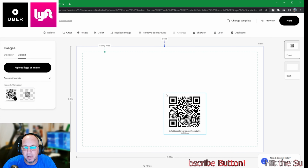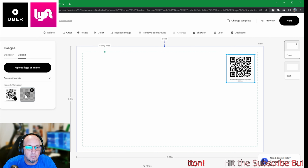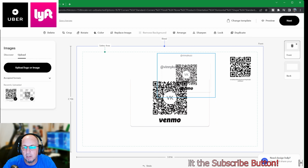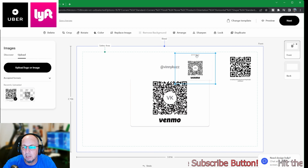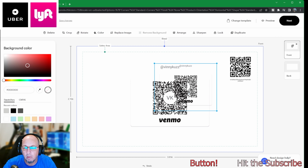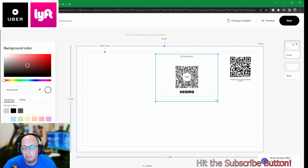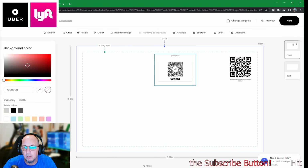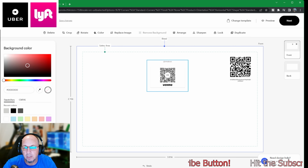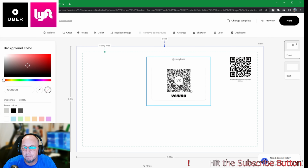Now this is my Bitcoin address, right? So we're going to put that there for now. Then we're going to drag over another image. This is my Venmo, right? We're just going to bring that up, put that in there. I don't know why it's doing that, but we'll get rid of that. All right, there's my Venmo. Now you want to make them big enough to where, I'm looking for the center line, don't mind me, there it is. You want to make them big enough to where their camera can reach it,